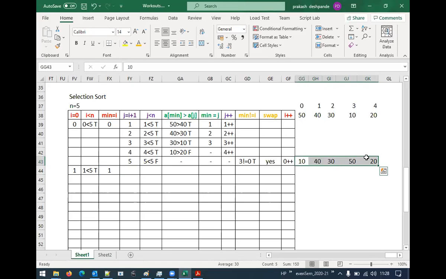What we try to do? We try to look at all these elements. Two numbers again we were comparing, but every time initially we compared these two in the inner for loop. Then we compared these two. Then we compared these two. Then we compared these two, and we figured out that somewhere among these, this is the smallest element, and successfully we could place the smallest element at first position.